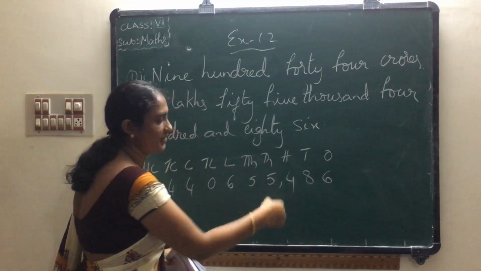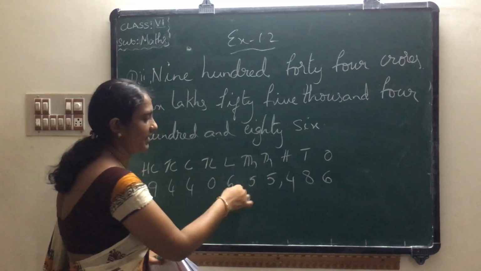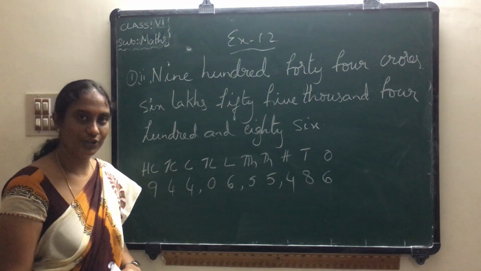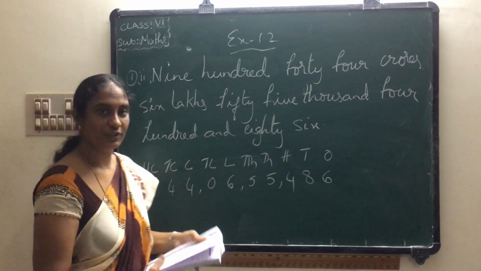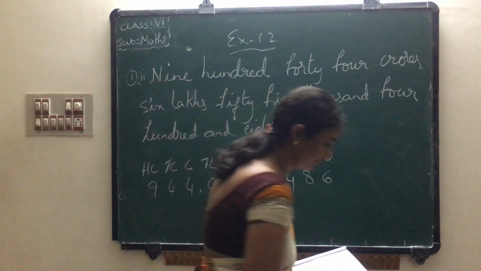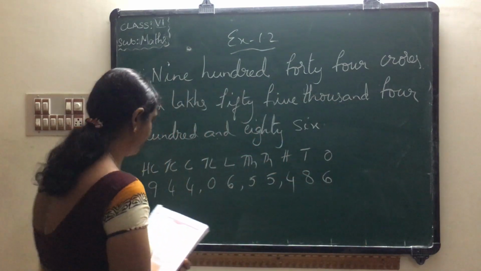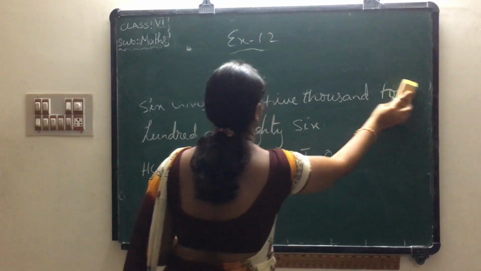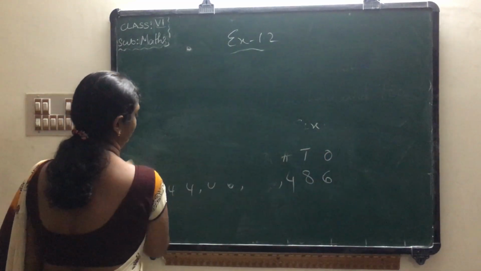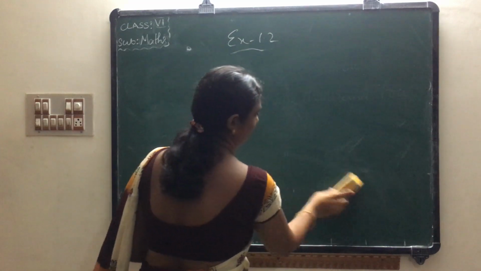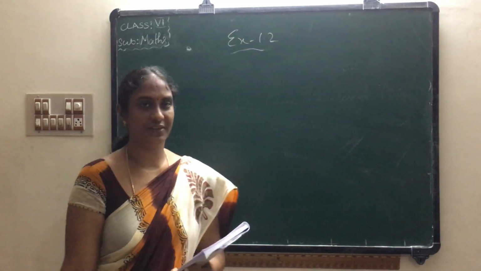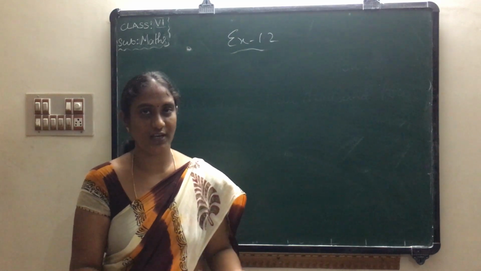So keep the commas. First three numbers of first comma. After thousand period give the second comma. Lakhs period after we have to keep the third comma. Okay? Do you understand? Go to the next sum. In the first sum you are having the third one. That sum do the homework.